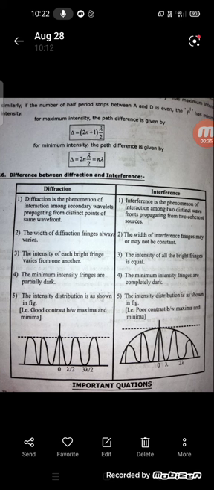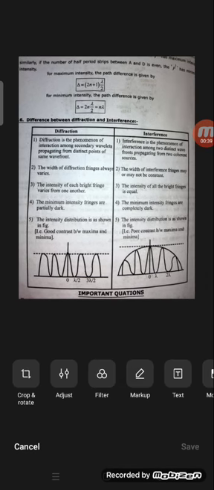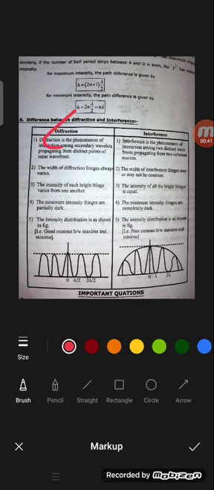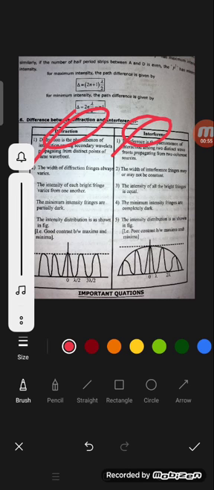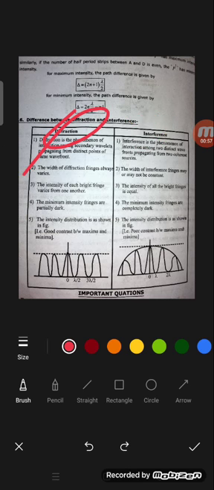topic in this unit is the difference between the diffraction pattern and also the interference pattern. So we have seen the interference pattern in unit 2, and in unit 3 the diffraction. So the major difference between the diffraction and the interference is